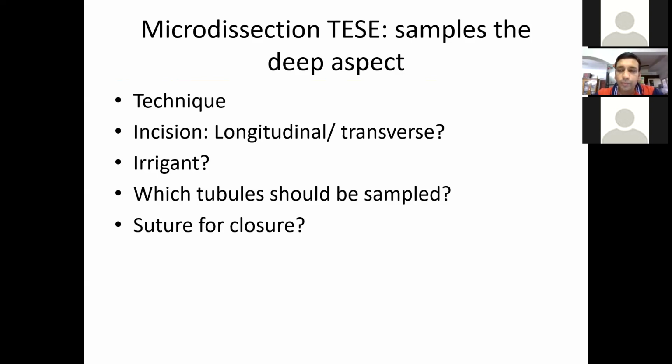Once you have bivalved the testis, the irrigant that is used is Ringer's lactate with heparin. And this is done, as I mentioned earlier, under magnification. If you have an area which has a fat seminiferous tubule, then that area on magnification would appear more yellowish than the surrounding areas. Sometimes you can have a scale in the eyepiece, so you can see the diameter of